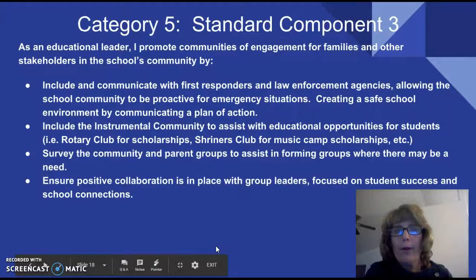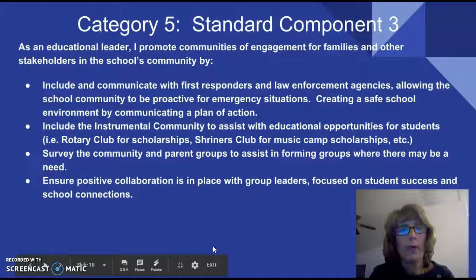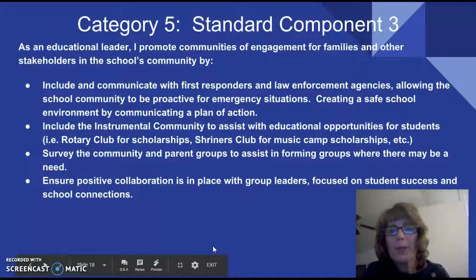Category 5, Standard Component 3. As an educational leader, I promote communities of engagement for families and other stakeholders in the school's community by including and communicating with first responders and law enforcement agencies, including the instrumental community to assist with educational opportunities for students, for example, the Rotary Club for scholarships.